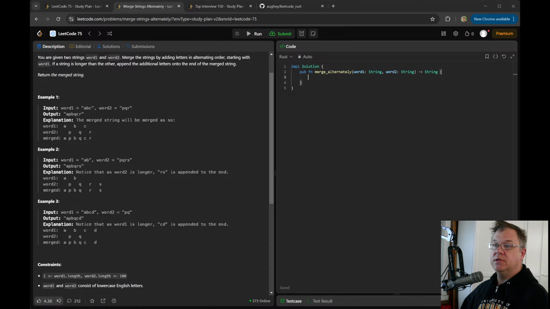Now let's see. Oh, we don't have this mutable. And yeah, we don't need these to be mutable. Good. So this is running forever because our next here, this really needs to be iter, I believe.